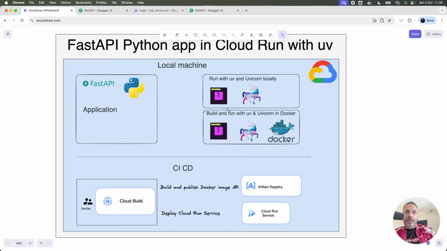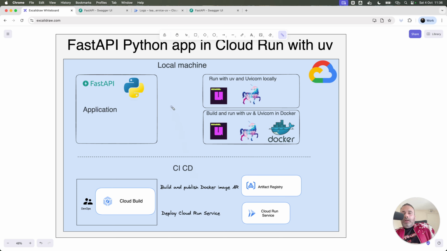And then how to deploy this application locally with UV, and how to run it and deploy it locally in Docker because it's interesting. And at the end, we will show the same use case with a CI/CD pipeline with